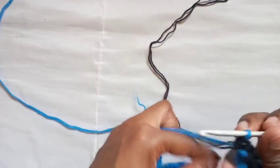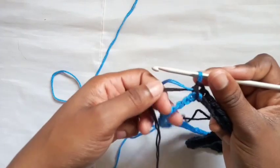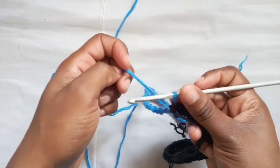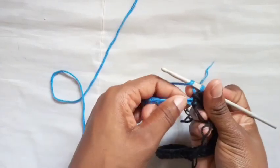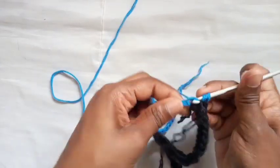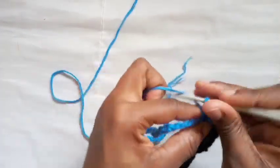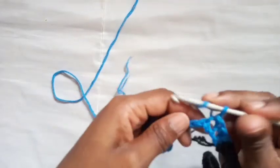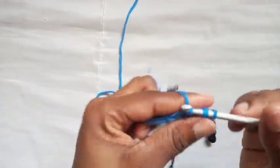Now after I've done this, I want to grab my ball of black yarn, which is what I was working with previously, and bring it on the other side. You want this black strand to be in front of you, in front of your work as you continue, and you're gonna see why when we start working back upwards. And then from here on, you're gonna go on with the blue. Make sure you don't skip any stitches, especially when it comes to the part where we just switched yarns. And with the blue, you're gonna go on leaving 10 stitches at the bottom,